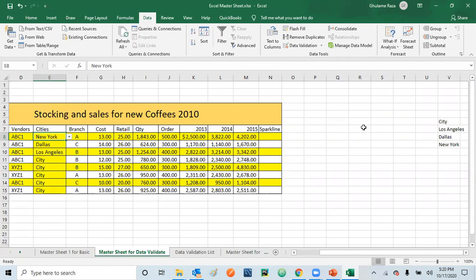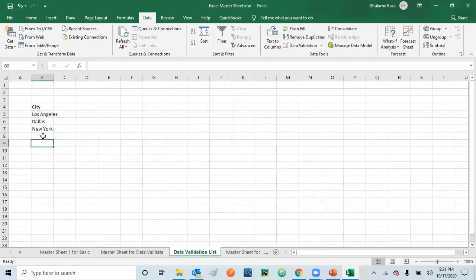But here we have created the city names in the same worksheet. You can also create the list of cities, or the drop-down menu you're working with, on a different sheet. So you can go to some other place and create the names of the cities.